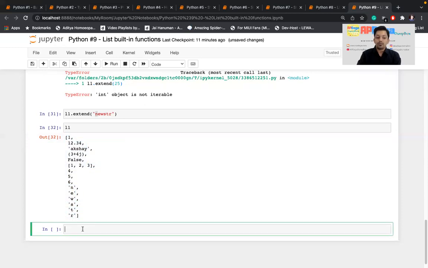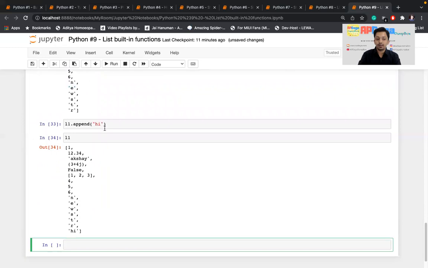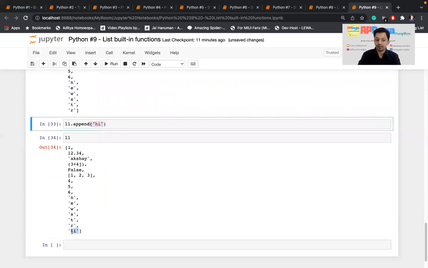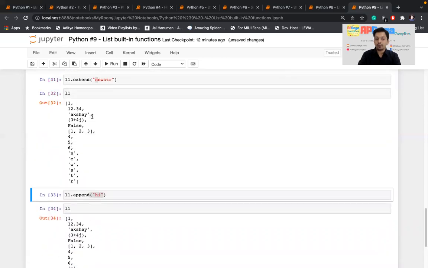Okay, what if I do L1 dot append, and then pass some string that is high, and check, the whole thing high is added as a single element. But in this extend, whatever iterable you pass, each element of that iterable is added as a single element in that list.